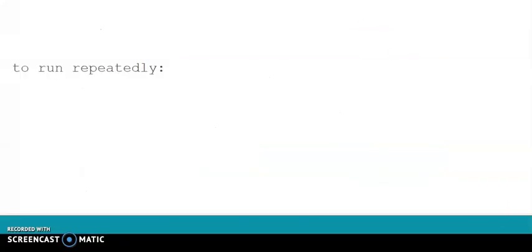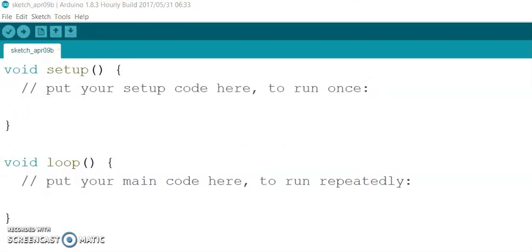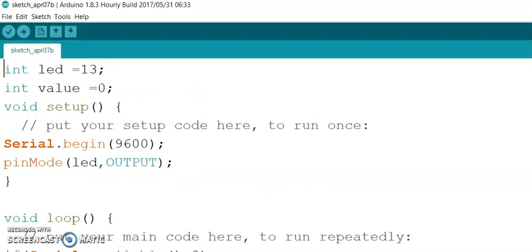Now in this setup, as I told you earlier, you first have to set up the LED, that is LED pin equal to 13, because I have connected the LED to pin number 13.